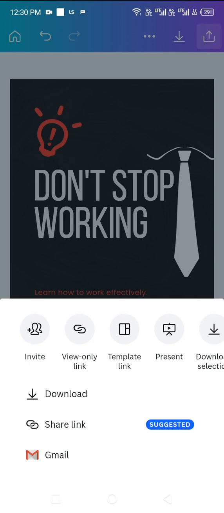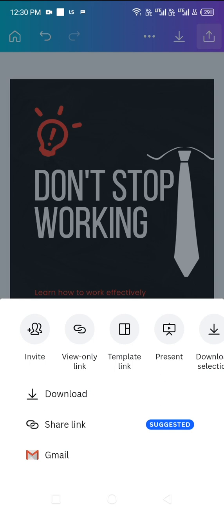You can also do it. Okay, do you want to view only template? Do you want to link the template? Do you want to do it as a presentation? But no, we don't want to share it. We don't want to share. We don't want to do it on Gmail. All we want to do is to download our ebook. But then